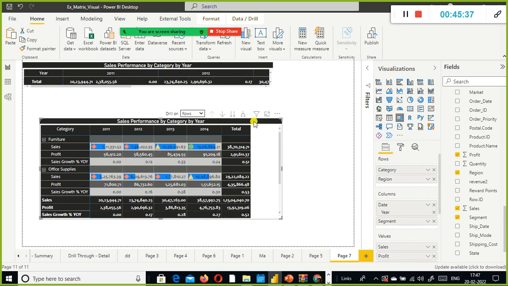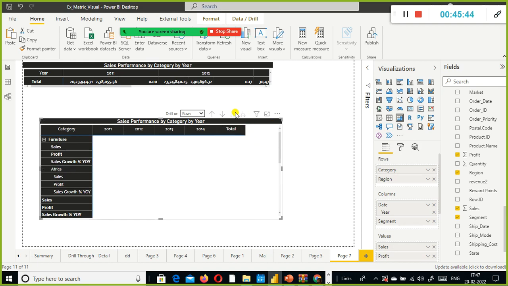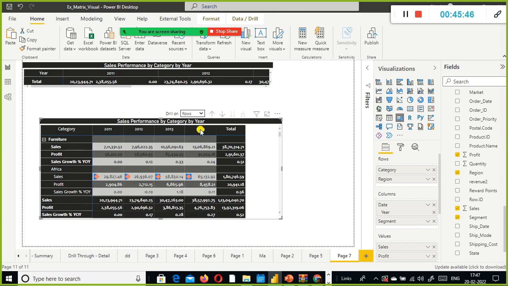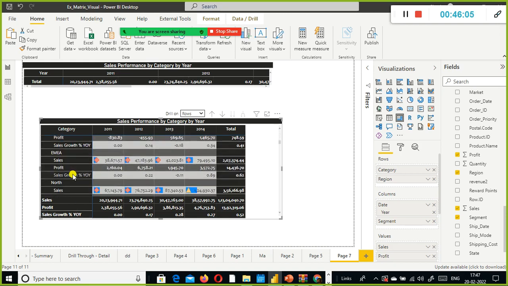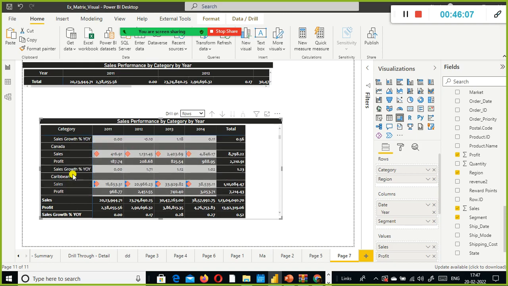It's already drilled up, and if I go to the next level, expand all down one level, in furniture I can see the category and region. Look here, in furniture, Africa, it shows the sales and profit for Africa. And if you scroll down, similarly you can see the region for other categories also.